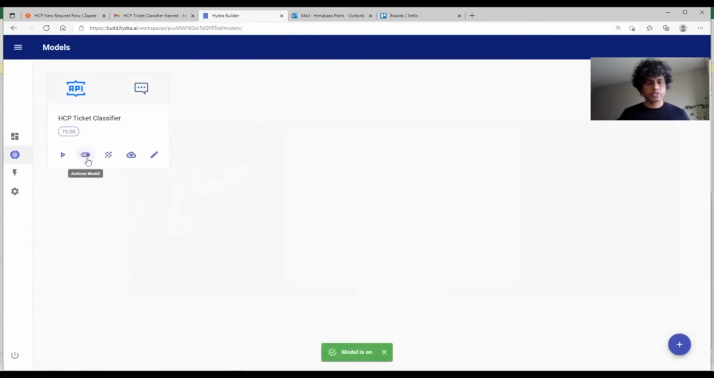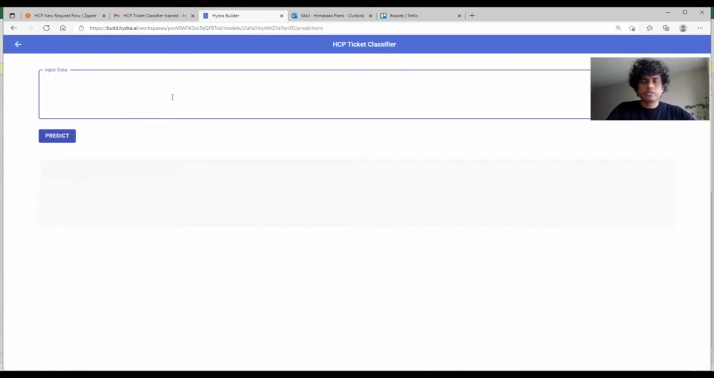It's simply a kill switch. So if you want your model to stop responding to requests, you can turn it off by using this switch. The next step is I'm going to preview a few predictions. Let's see how the model is doing. So let's try asking a basic question like, is there an option